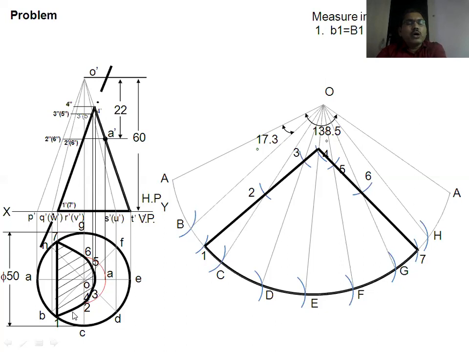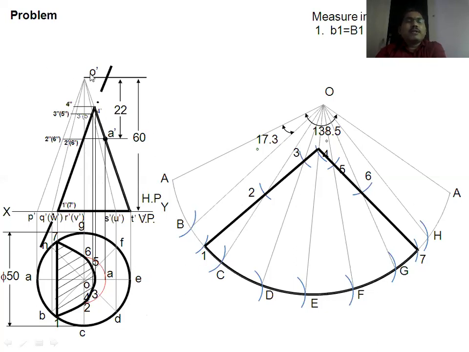Then you draw the hatching lines. Here again the hatching lines should be drawn at 45 degrees and with equal spacing. That specification or guideline you have to follow. So this completes our sectional top view. Now you name below this view: sectional top view. The title should be written in capitals. Then HP, VP, front view, top view, these names you have to use as capital letters. Then the next part is you have to draw the development of this cut cone.